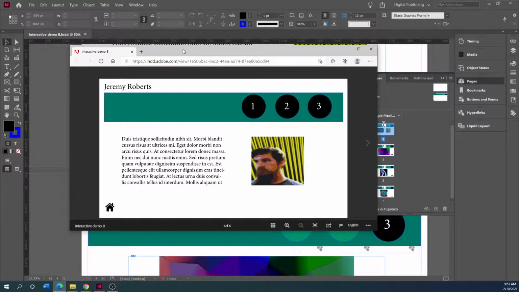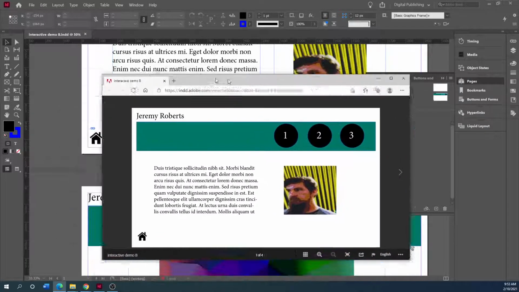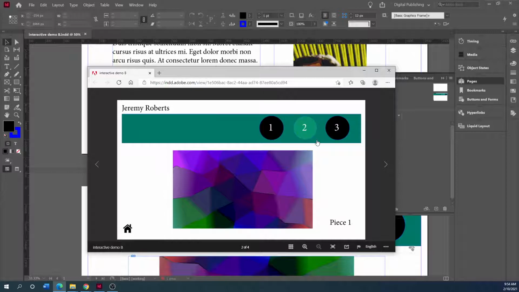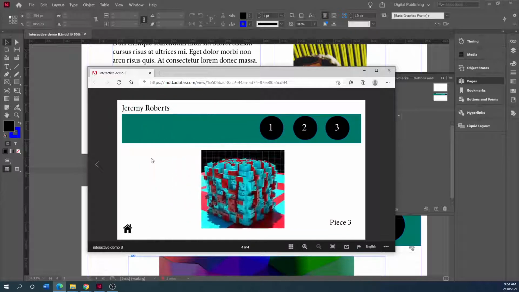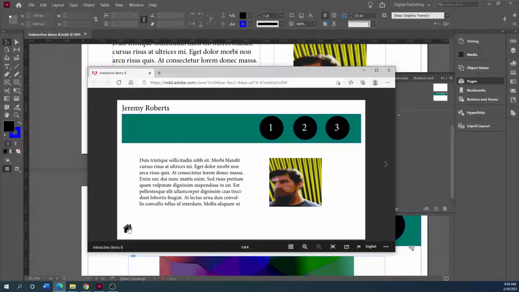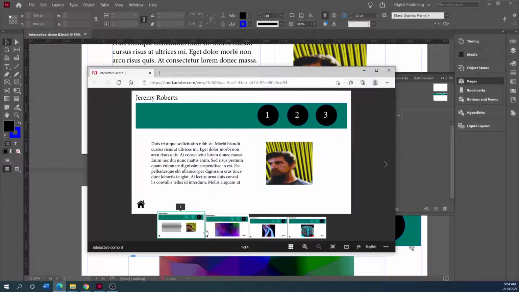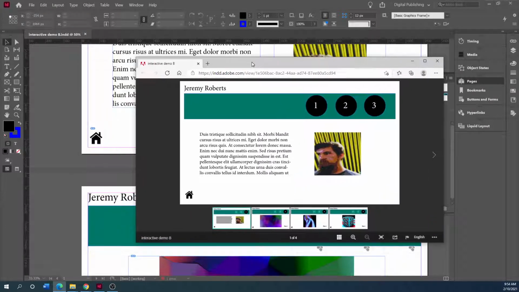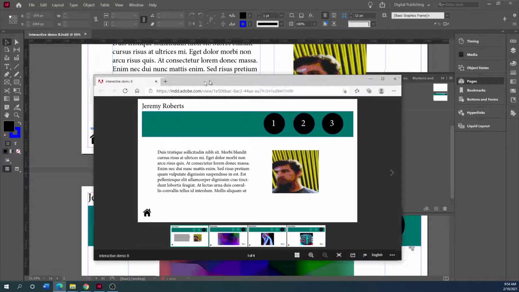The good thing about this is you can create these now in InDesign and actually publish these online that creates links to them. So you're not necessarily creating a PDF that you have to hand somebody or email someone. You can actually email it to them via the cloud, I guess, and all the interactive links should work. Like this right here, I have one page, two page, three page, and then I can always go back to my home page. So I literally have four buttons on this page, four pages,